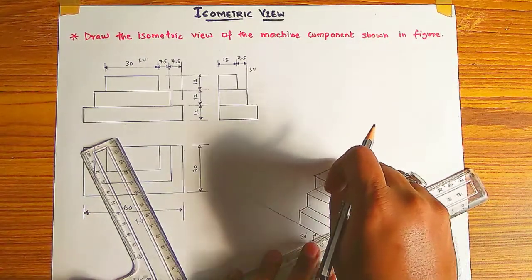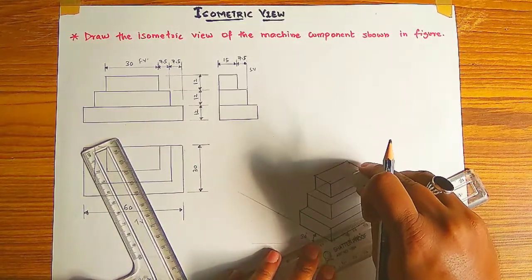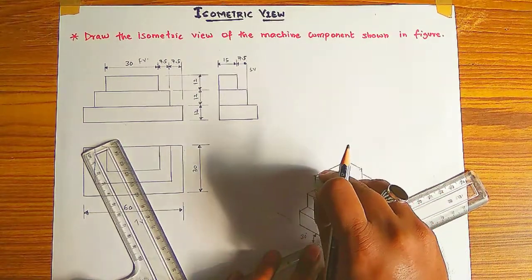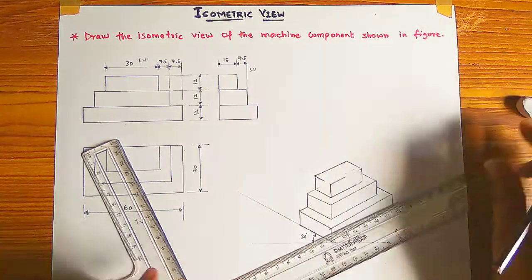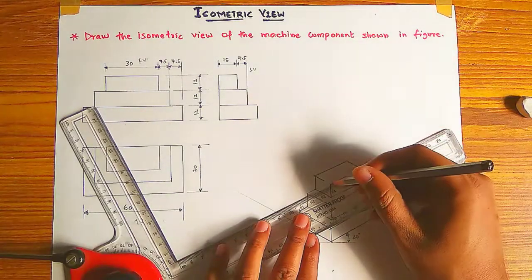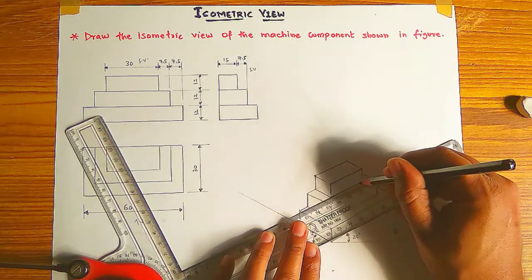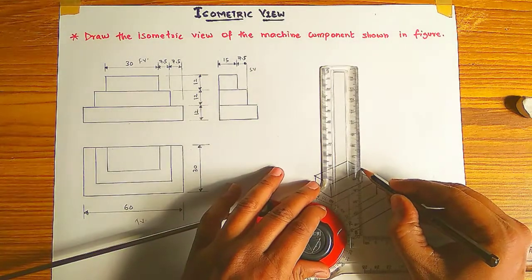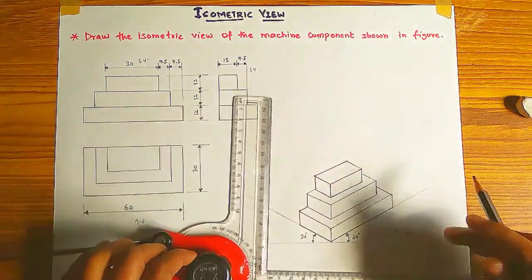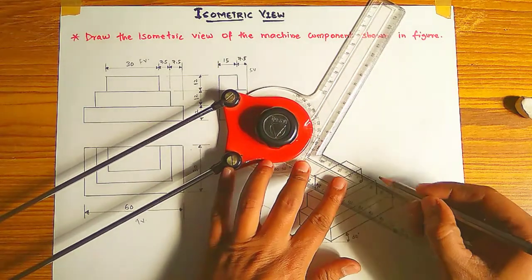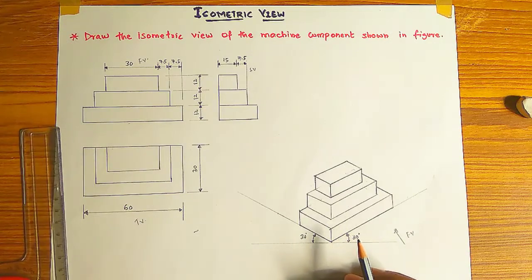The remaining inside of this figure you can rub to make a clear view. I am rubbing for that, so you can keep it like that also, but it should be somewhat light. You have to draw those lines light. The remaining view you have to draw dark. It depends on your pencil how you are taking light lines and dark lines. And this is your view. Okay, and this is the complete solution.